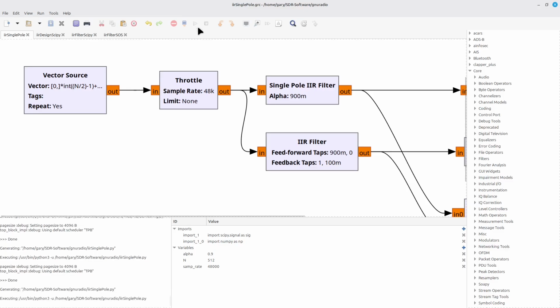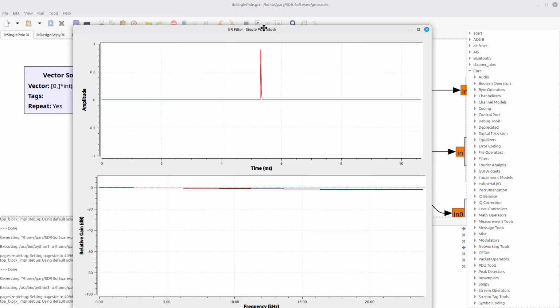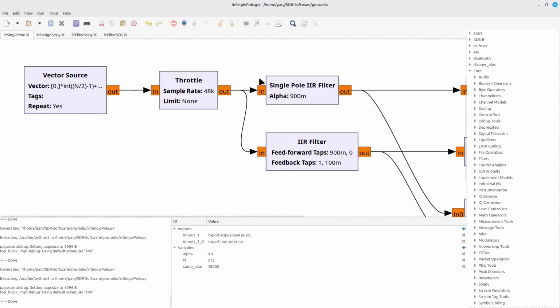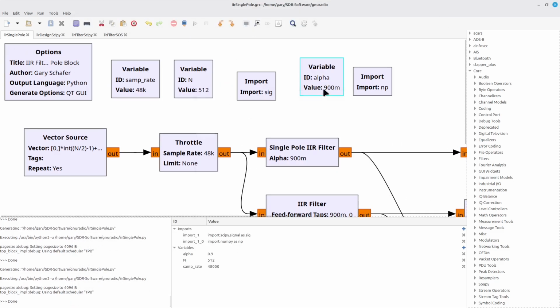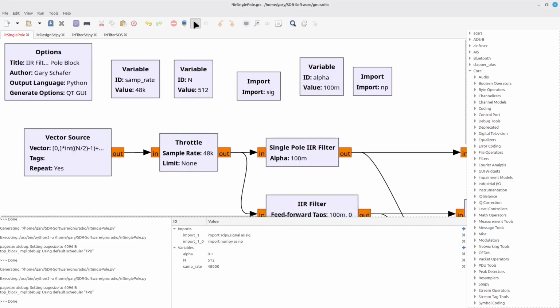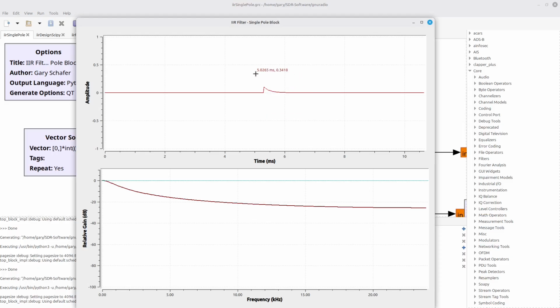with a lower alpha value corresponding to a longer time before it dies away. If I look at this particular flow graph, running it, this is the impulse response here on the top. I have an alpha value of 0.9. And then you also notice that down here on the frequency response, there's not much attenuation as you go up in frequency. If, however, I change this over to an alpha value of 0.1, notice that, yes, I start with a lower amplitude in my impulse response, but it dies away much more gradually. Also, I get more attenuation in the stop band.